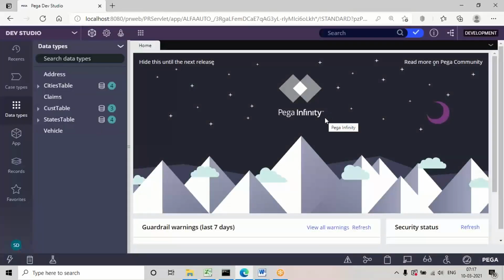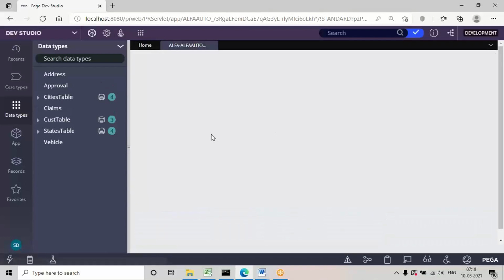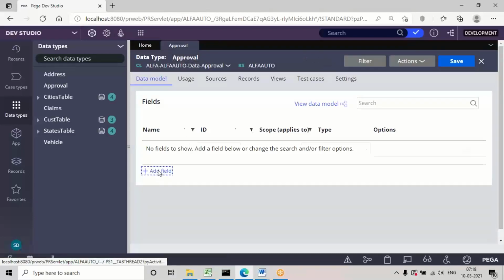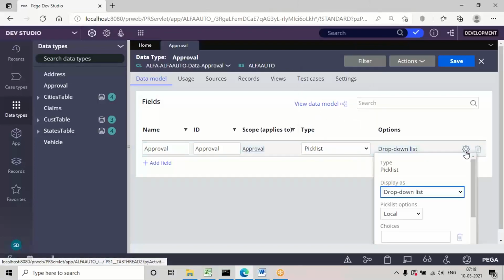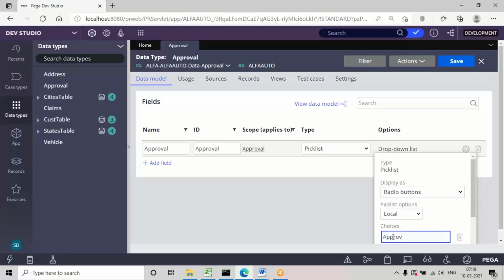Under this I'm going to add two columns or two fields. I'm using the type as a pick list and using dropdown as the display type. Sorry, radio buttons I'm taking with two values.